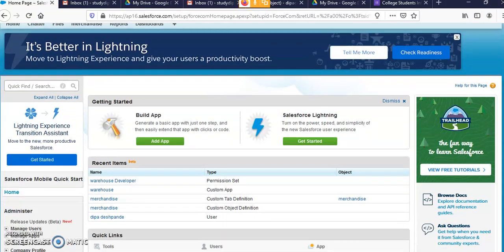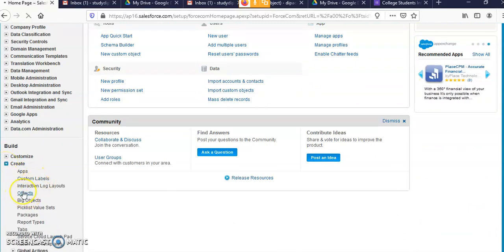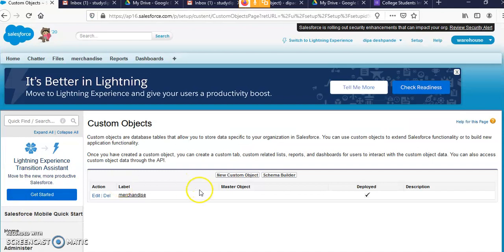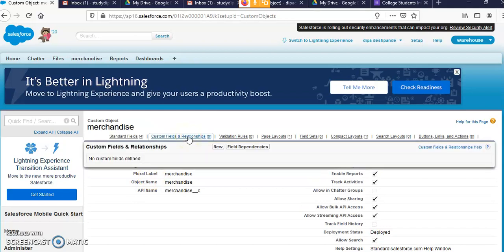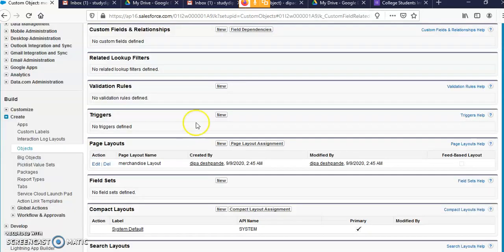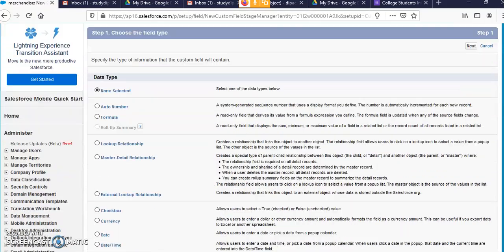Again go to the left panel, Create, Objects. We already created the object, so I am just going to click on this object, merchandise. Here we want to add some fields using Custom Fields and Relationships. Click on New.